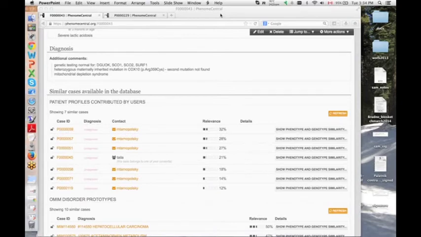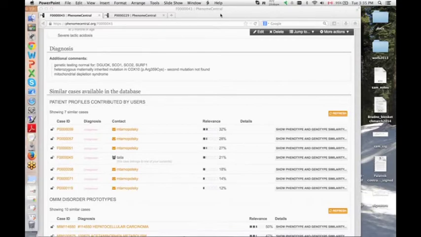Right, good. So what you'd recommend, of course, is that people give you that kind of feedback. Yeah, all the feedback that we get, we follow up on. All suggestions are added to the development queue, and especially if we hear from multiple people that the same feature is necessary for Phenome Central to be adopted by a particular group of clinicians, we would probably try to address those as quickly as possible.